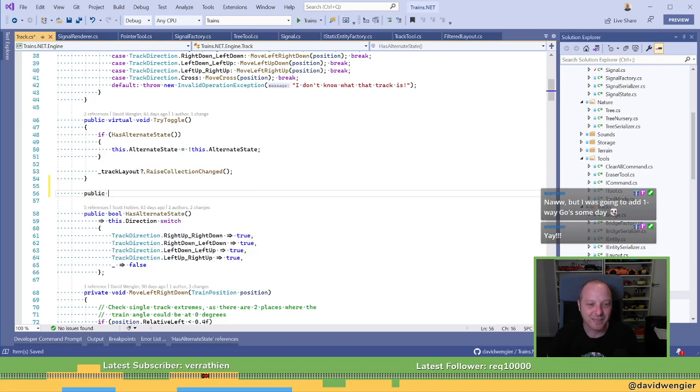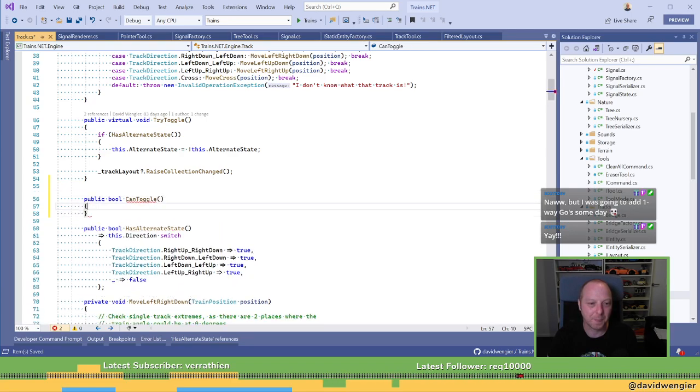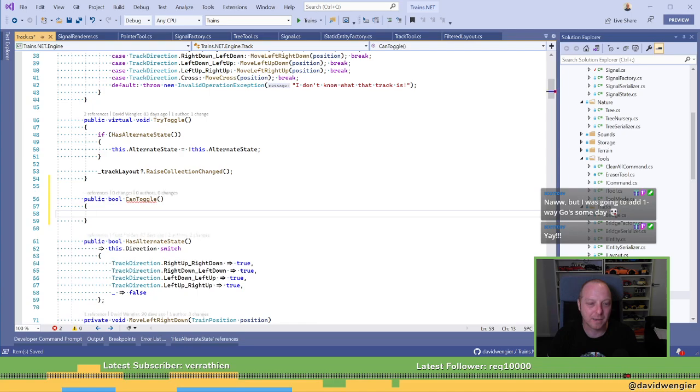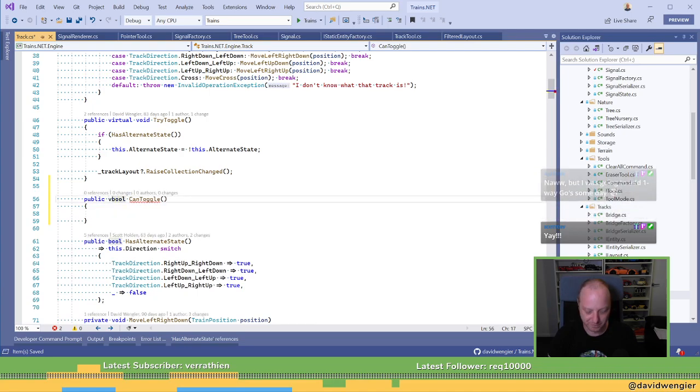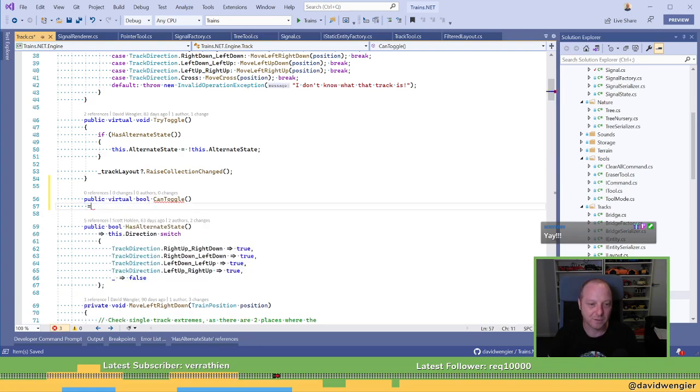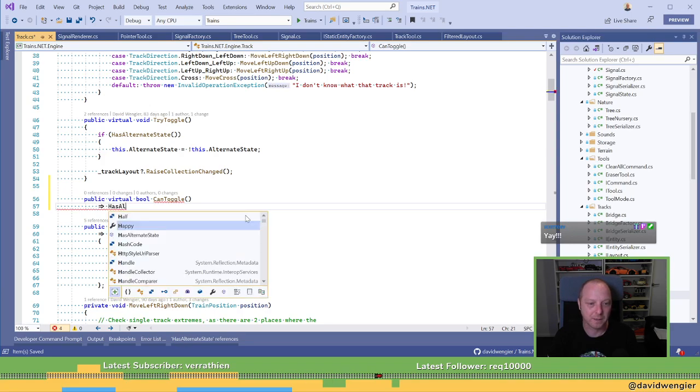So let's add a new method here, which is can toggle. And it is virtual. And it is by default as alternate states.